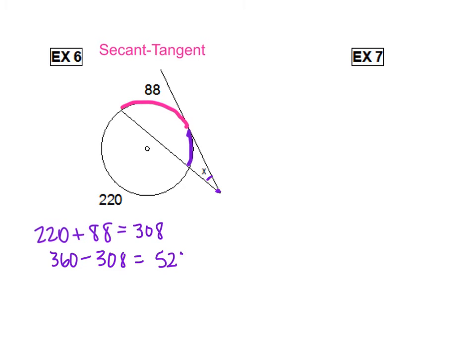Alright, so our arc that we need is 52 degrees. Well, there's that circle center I don't like. Okay, so now how do we find the measure of angle x? So the measure of angle x